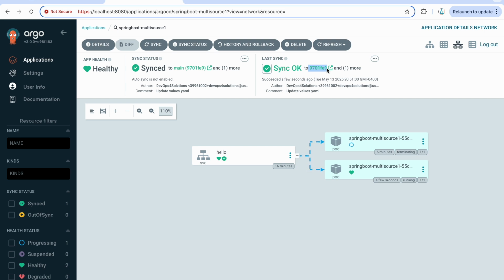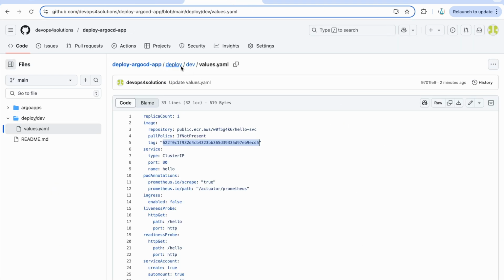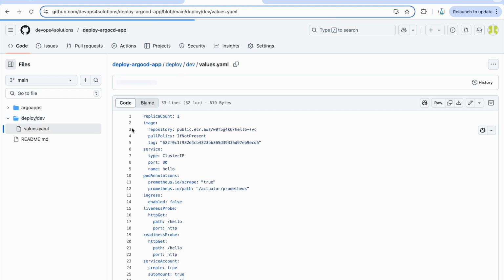So I think the CD part is very clear, right? Now the only part is your CI process, whatever it is, wherever your code is, you need to update this tag in an automated way. If you are using GitHub Actions, Jenkins, anything, you just have to call some GitHub CLI and update these files. You can create the PR if you are very restrictive, like if it is going to dev environment, you want to have a PR review before it gets deployed.